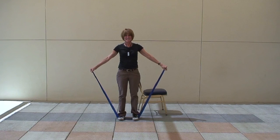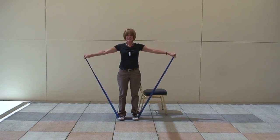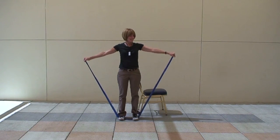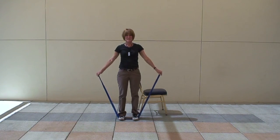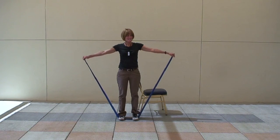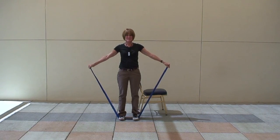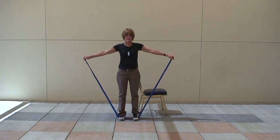So that's 1, 2, can you see my hands? 3, 4, and you want to be sure that the hand stays in alignment with your lower arm. Don't flex at the wrist. 5, 6, and just take it to a point that's comfortable for you. 7, 8, whatever movement you can do is great. 9,